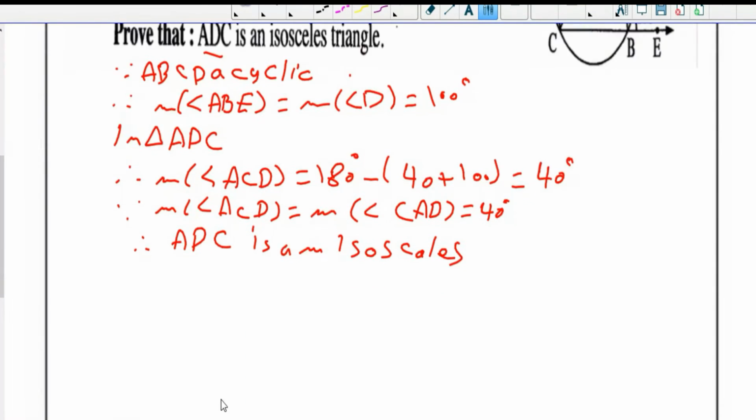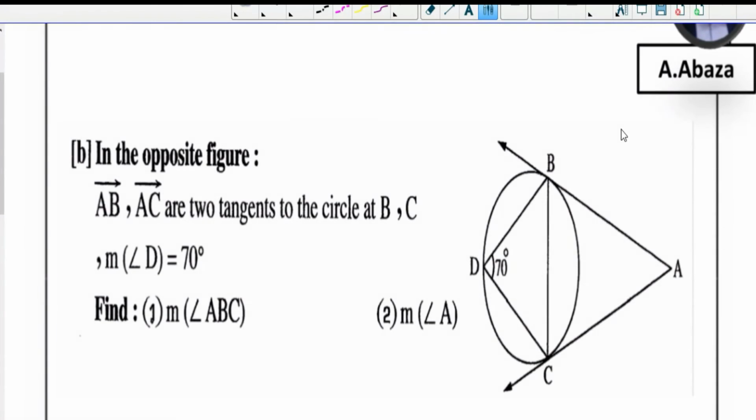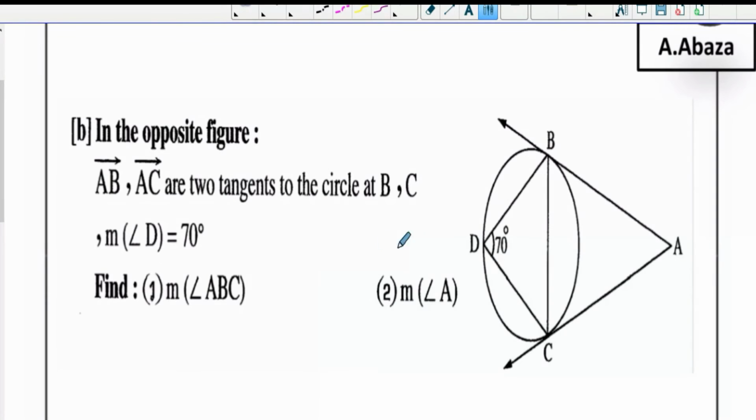The next question. Look at this shape. AB and AC are two tangents. Measure of the angle D equals 70 degrees. Find number 1, measure of the angle ABC and measure of the angle A. Okay. AC is a tangent to the circle at C. Since AC is a tangent,